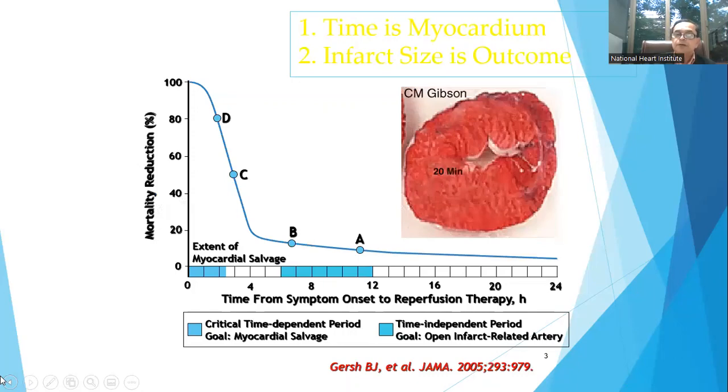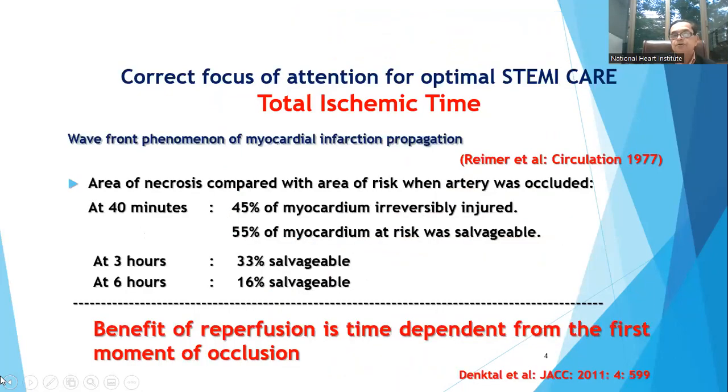Looking at the pathology of acute myocardial infarction, as the coronary occludes, the necrosis spreads like a wavefront. If we try to correlate it with time, in the beginning, within 40 minutes, only 40 to 45% of the myocardium is irreversibly injured. More than 55% of myocardium is at risk and can be salvageable. But as time passes, at 3 hours, only 33% of myocardium is salvageable, and at 6 hours, only 16% is salvageable. And therefore, opening the artery and the benefit of reperfusion is time dependent from the first moment of occlusion of